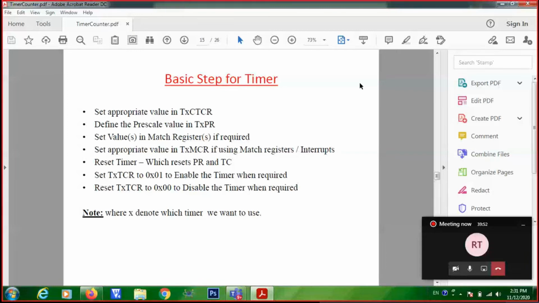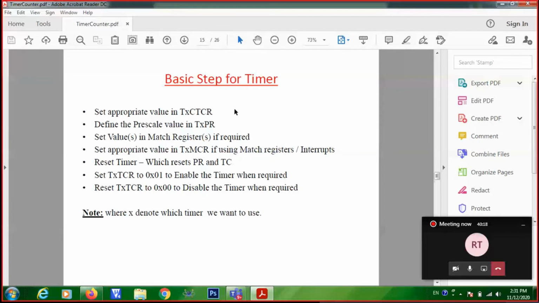So now let us take that I am going to generate a square wave with a 500 millisecond delay. What should be the first statement? You need to configure T0 CTCR with what value? In the first step, which mode of operation should the timer be in?